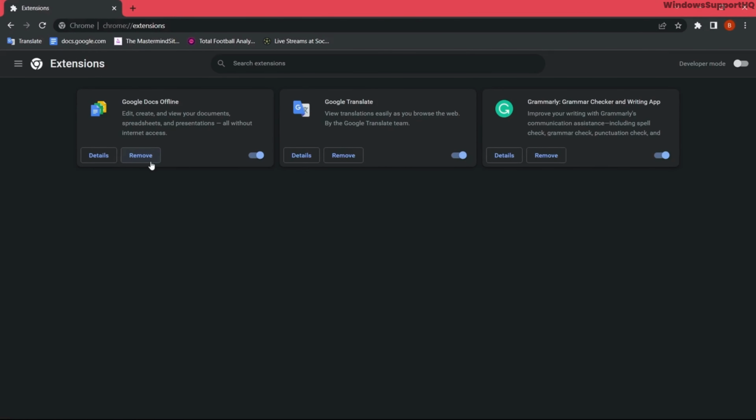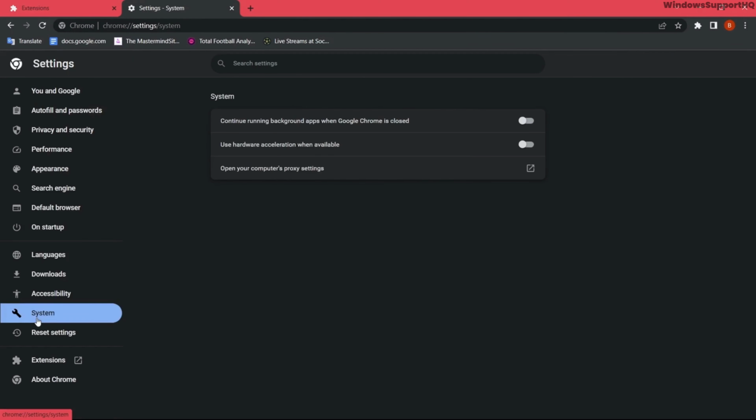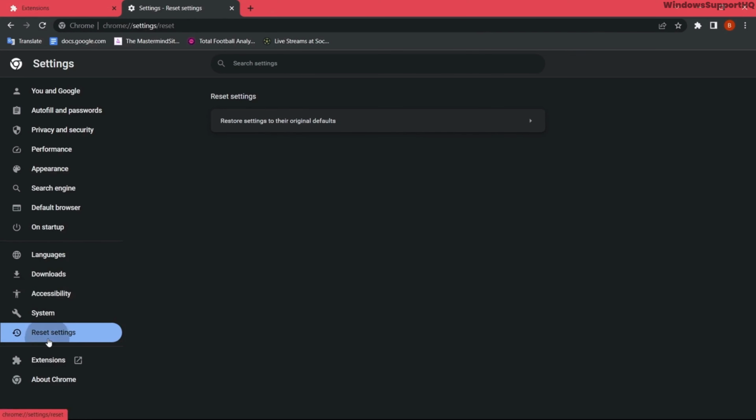If you've got tons and tons of extensions that you're not using currently and you have stopped using, I suggest clearing out those extensions first. And after that, you can go to settings, go to system, and enable use hardware acceleration when available, and relaunch your Google Chrome again. But if this does not help, you can reset settings, and also you can clear cache,